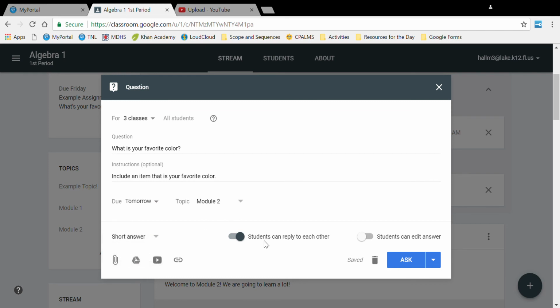That's up to you. You can allow students to reply to each other. You can allow students to edit their answer. You also have the same 4 icons as with announcements. You can attach something, access your Google Drive, access YouTube, or just have a hyperlink. So